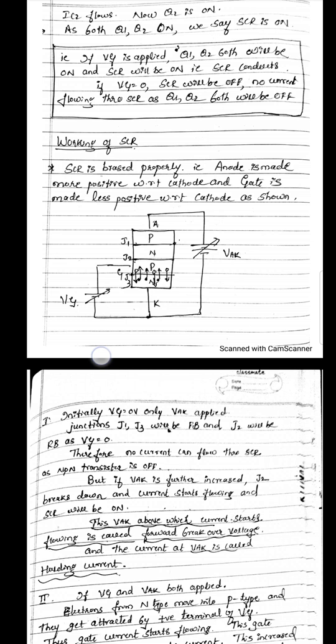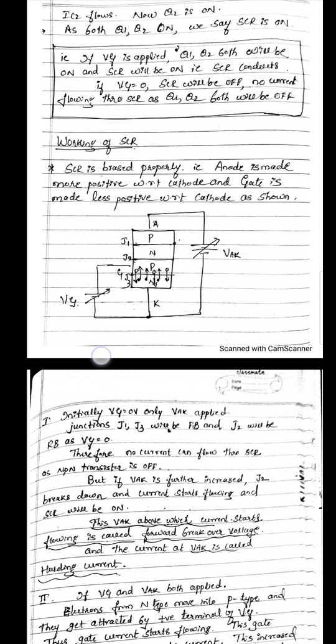Here, what is the difference between the last time, making the SCR on without VG, and now, making the SCR on with VG? Now the SCR has become on with VG, meaning a very small amount of VG we have applied, no doubt, but at a very low VAK the SCR has become on with VG present. Without VG, more VAK is required to make the SCR on. With VG, less VAK is required to make the SCR on. We should remember these 2 points.